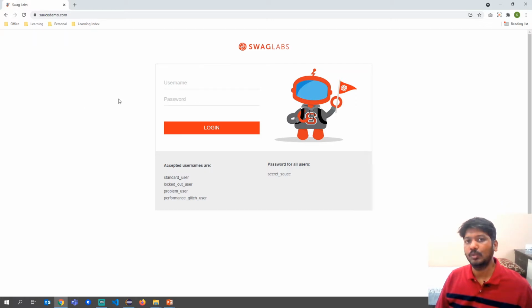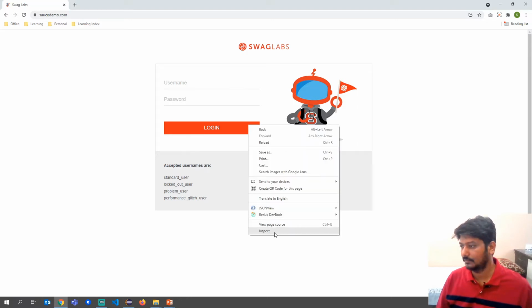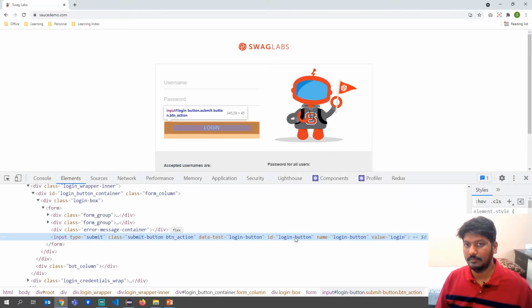So what we'll try to do is first get the object of the login button, and with the help of the login button I will say I want to get an input field which is present above this login button, with the help of the new enhanced feature of Selenium for relative locators. First let us get the login button's ID so that we can identify it. The ID is login-button.